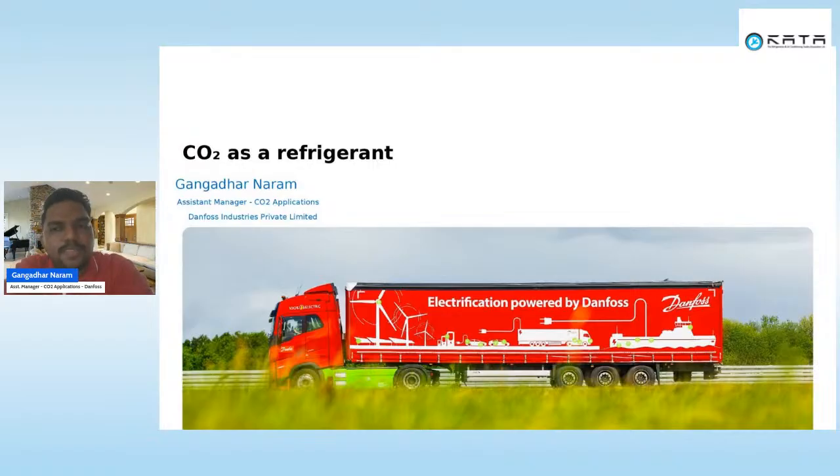So in this session, we would like to learn more about CO2 as a refrigerant. What is CO2 and what is CO2 refrigeration, and how does CO2 refrigeration differ from all other refrigeration systems in the industry. We will go through the complete CO2 applications where we can effectively utilize CO2 refrigeration systems in the current Indian market, based upon Indian applications.